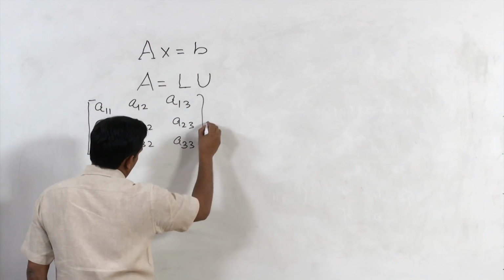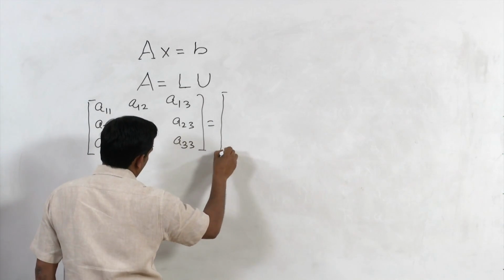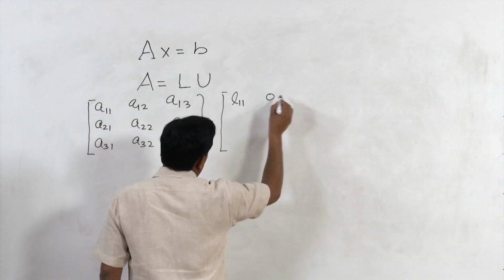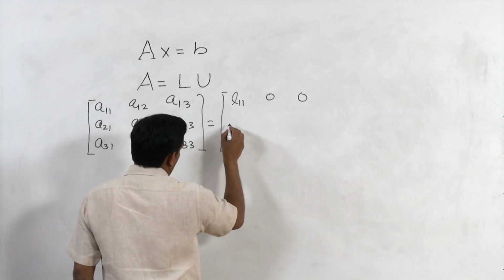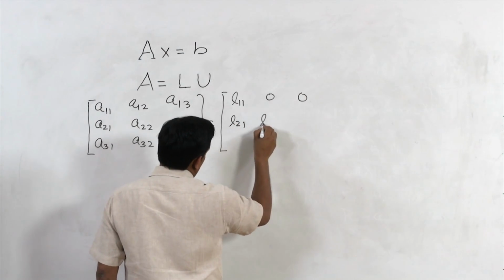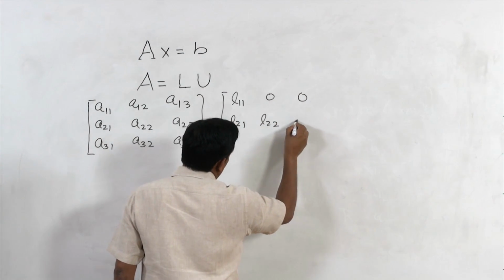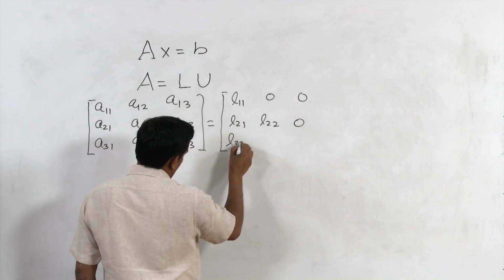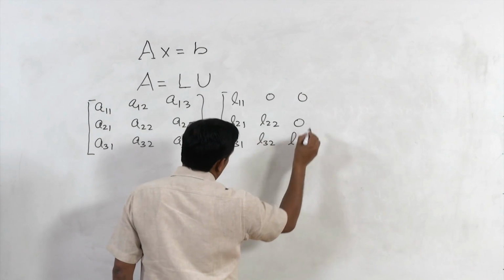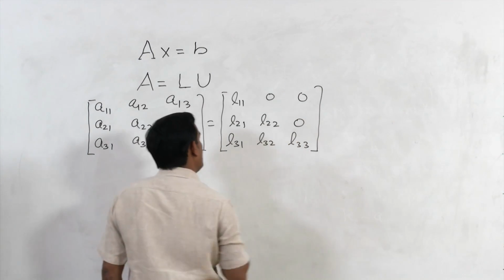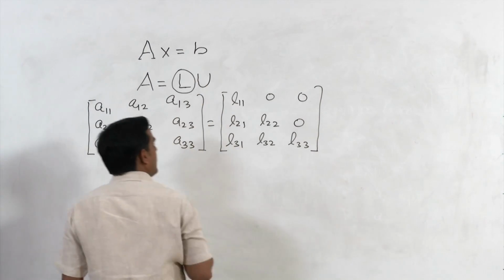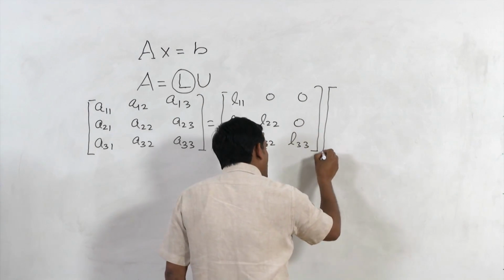This can be written as the product of a 3 by 3 lower triangular matrix, so this is the lower triangular matrix L, into an upper triangular matrix U,